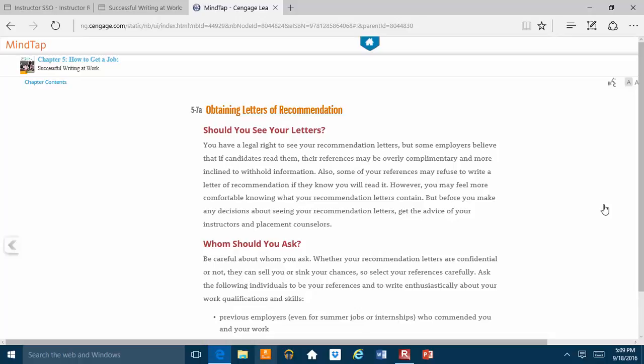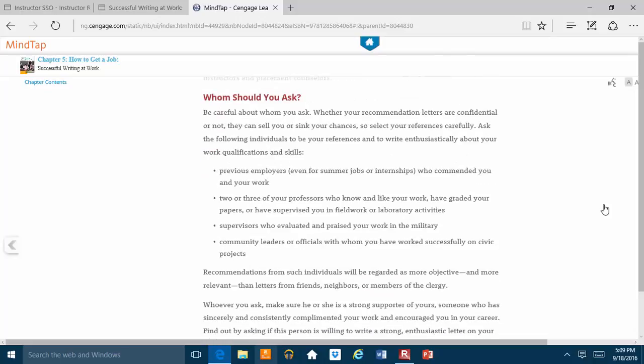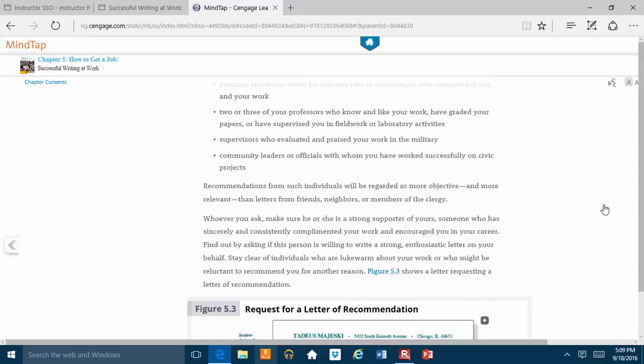Now, of course, if they say yes, hopefully it's somebody who will speak well of you, and who will help you, hopefully, look good in front of that prospective employer. And so again, the book talks about whom you should ask. Previous employers, professors, supervisors, people you volunteered with, community leaders, all of those people would be able to offer a